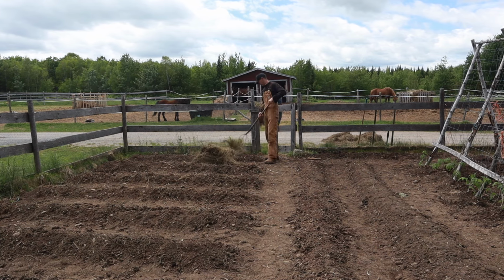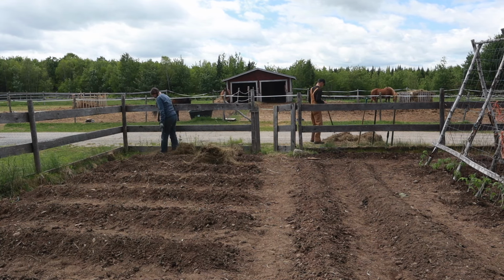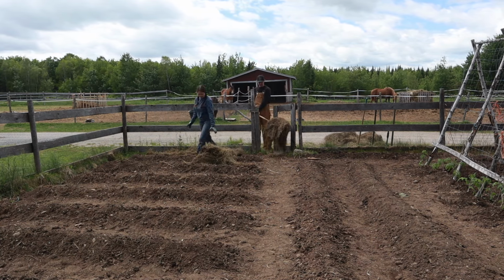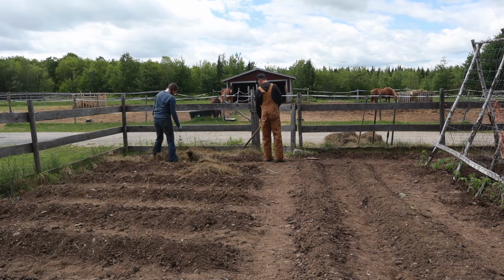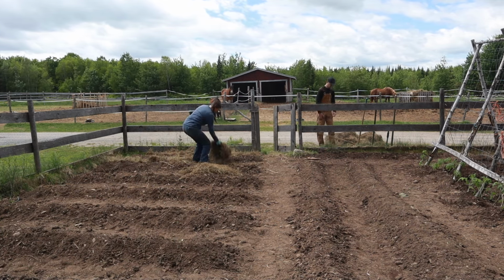The last tip for growing the maximum amount of food in a small garden is to really nurture those plants once you have them in the ground. So the last thing that we did here in the garden was that we added a bunch of mulch to our rows, and for right now we just put them in the walking spaces between our rows, and as the plants come up we're going to bring that mulch up and around each plant,